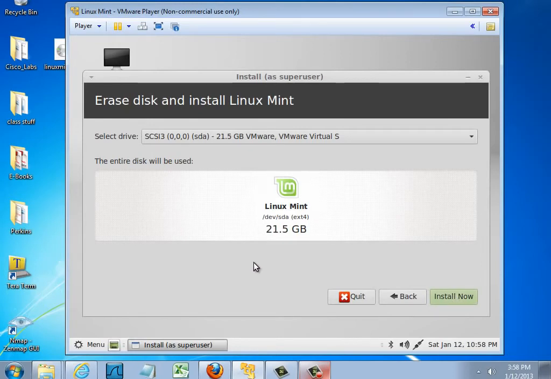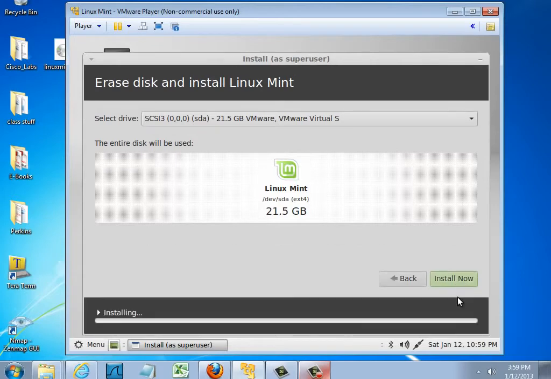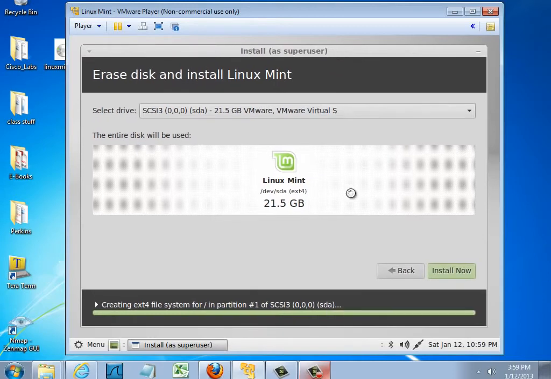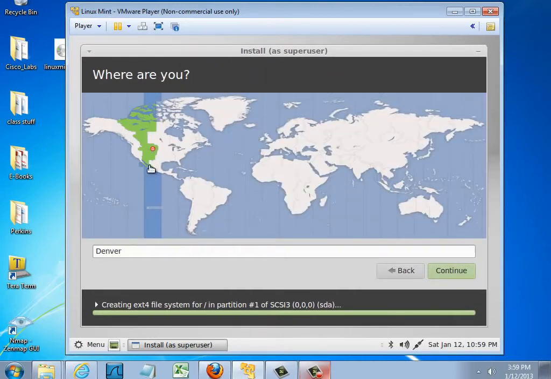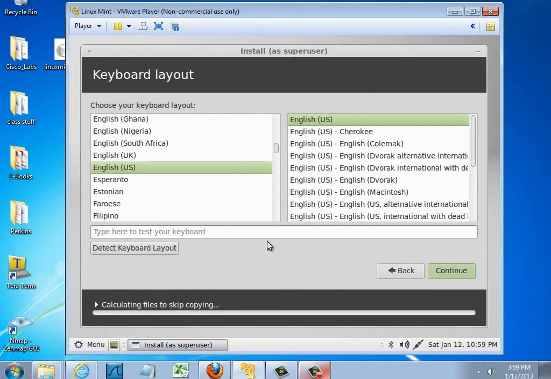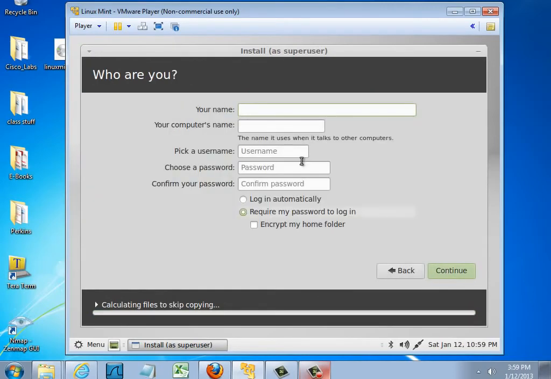And I'm just going to accept the default and install it directly to the hard drive, the virtual hard drive that is, without partitioning this virtual hard drive. So I'll just click Install Now, and it will start the installation procedure. Choose my time zone, my keyboard layout, my name, choose a password,